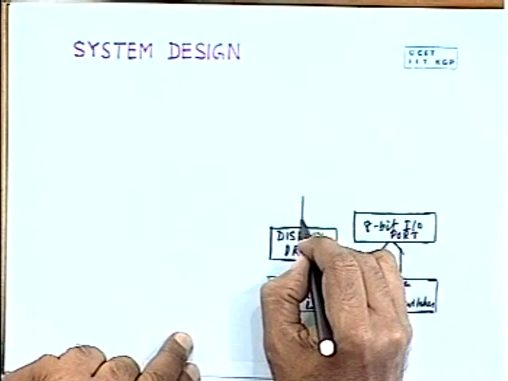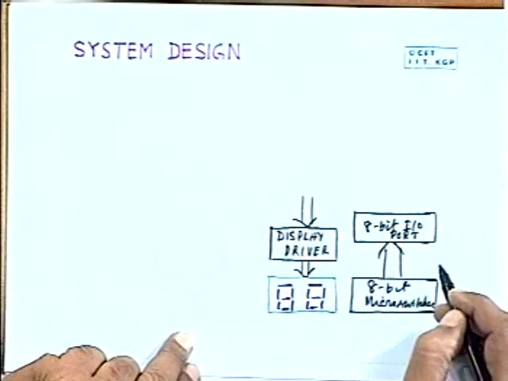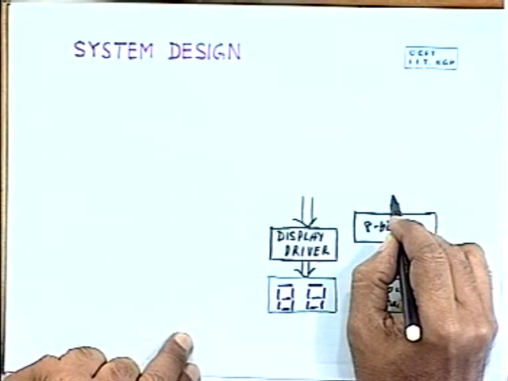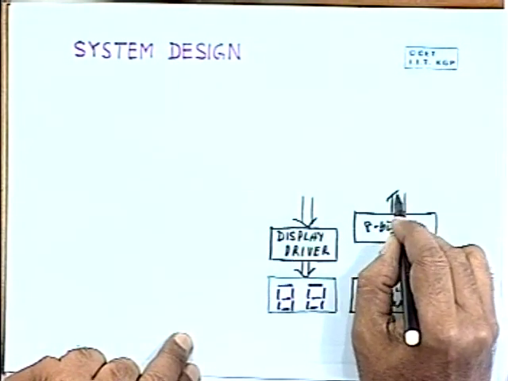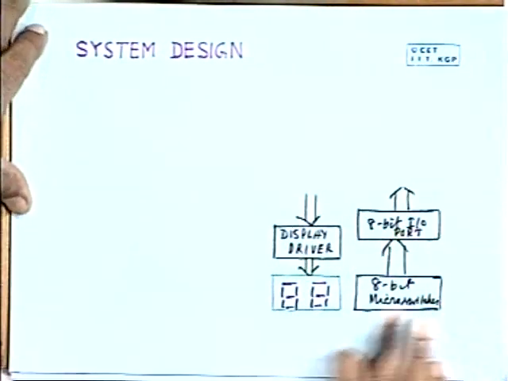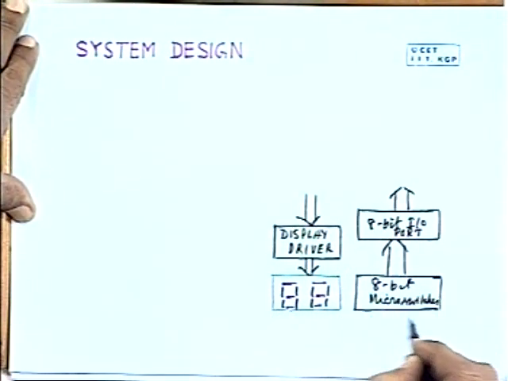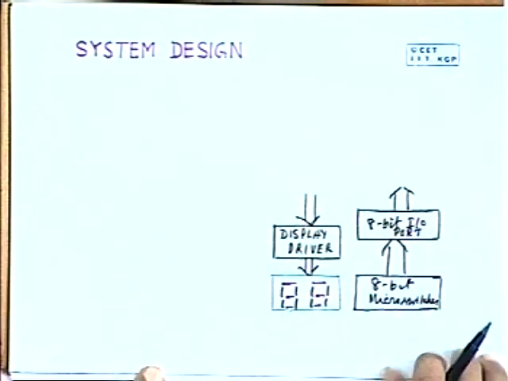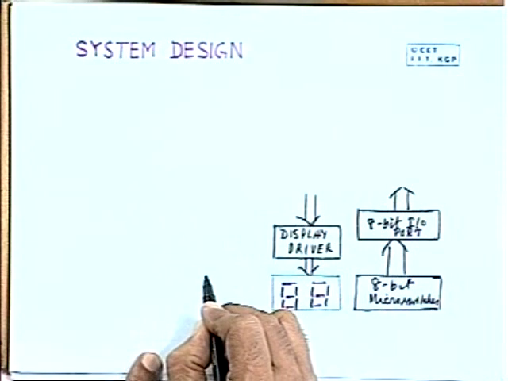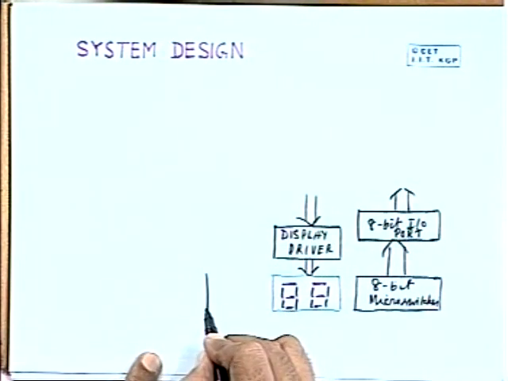Obviously this will also come from the microprocessor. That means it has to be interfaced to the system bus of the microprocessor, and this will be input to the microprocessor. And then these are for inputting the temperature, and this is for displaying the temperature. Now you have to see how you will control the temperature of the water bath. Let's assume this is your water bath,